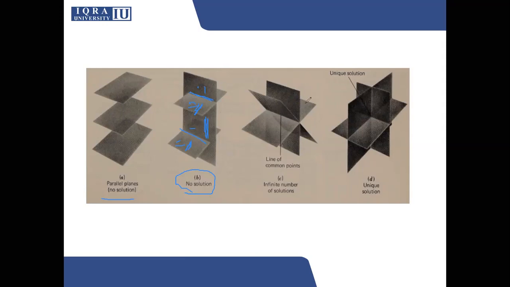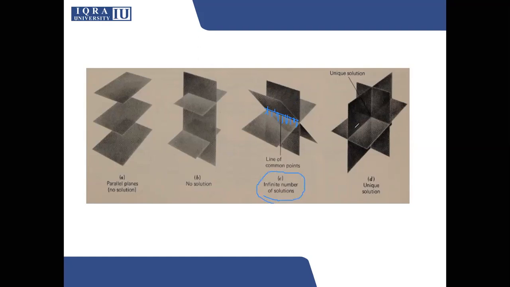Here you will see this is a case of infinitely many solutions. How? You have plane number 1 right here, plane number 2 like this one, and plane number 3 right this one. So what is happening? These planes 1, 2, and 3 are intersecting at this line, right? So along this line, what do we have? At this point, for example, these three planes are intersecting, but they are intersecting at this point as well, as well as at this point, and it continues to go on and on. This is a case of an infinite number of solutions. They are all intersecting at a line.